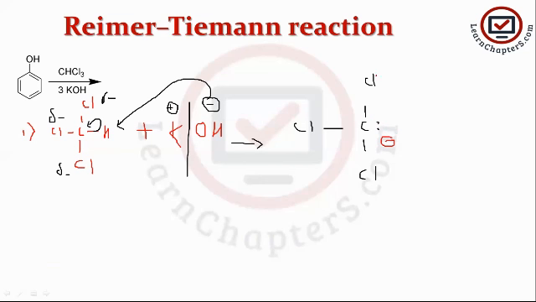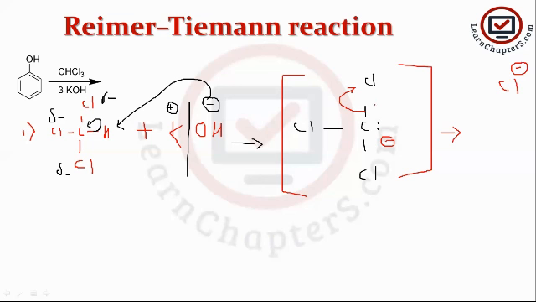Next point is, see, out of chlorine and carbon, chlorine is more electronegative and carbon is less electronegative, and a negative charge belonging to the lower electronegative species is not a logical one. Okay, so this intermediate is not a stable intermediate, and it undergoes further reaction. That is, out of 3 chlorine atoms, 1 chlorine atom gets detached with the shared pair of electrons. It withdraws the shared pair of electrons and gets detached. So now it becomes Cl minus. Okay, I am writing minus because it has accepted both the electrons.